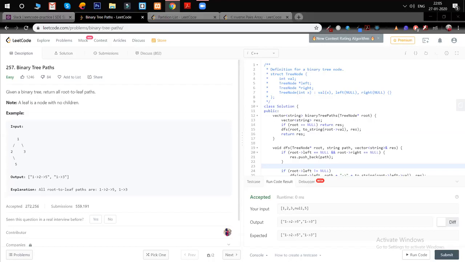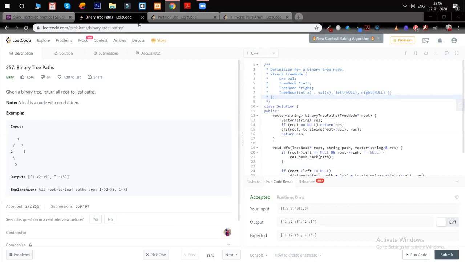Hi Ashish, this side Tanmay. Yeah, hello Tanmay. Okay, what I did is I just called recursion on my left and right. My faith was that my left and right subtrees will return me the answer, and then I'll just add my own node to the answer, that is the array list, and then just return it.